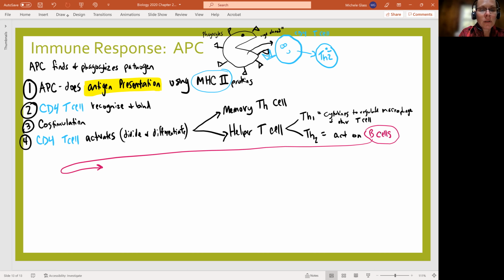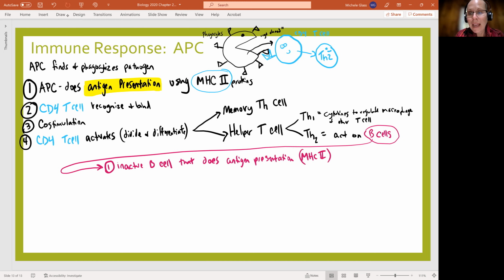So we have an inactive B cell that does antigen presentation, and it's using MHC2 proteins, and at the same time it's going to have these IgD